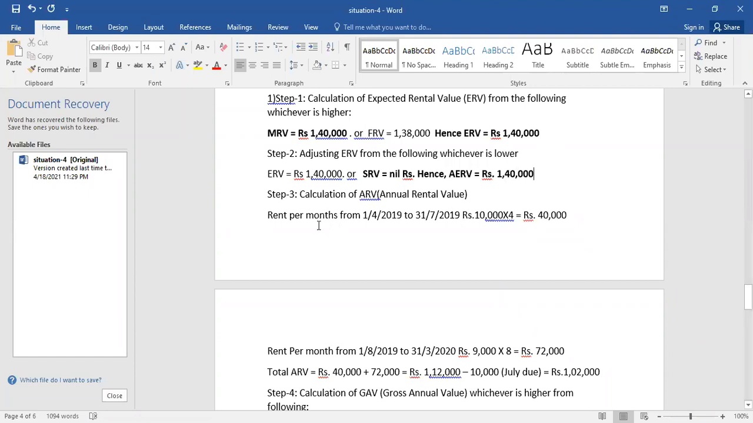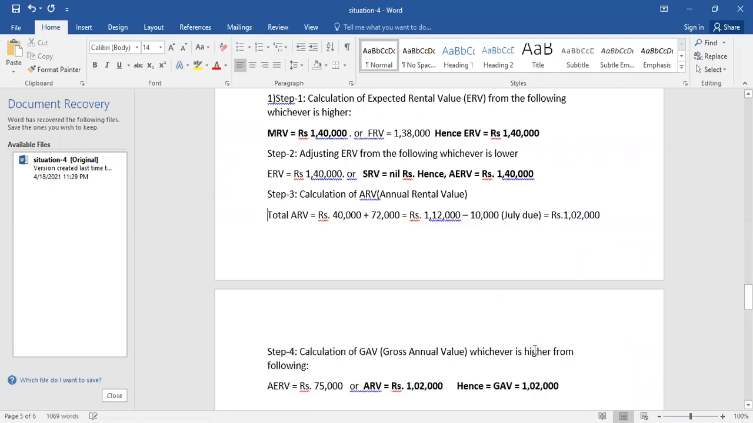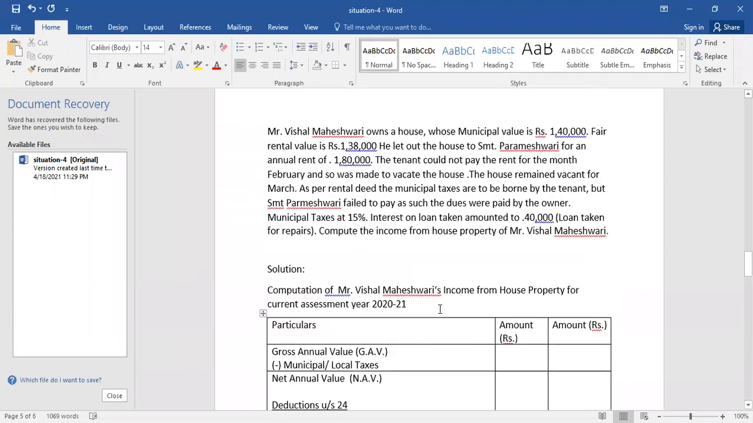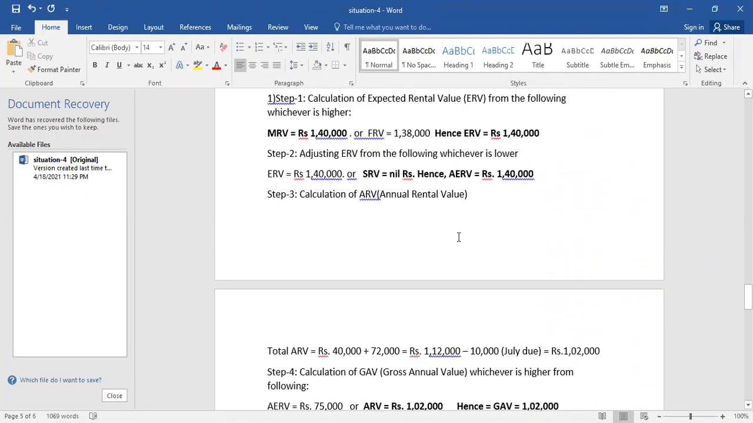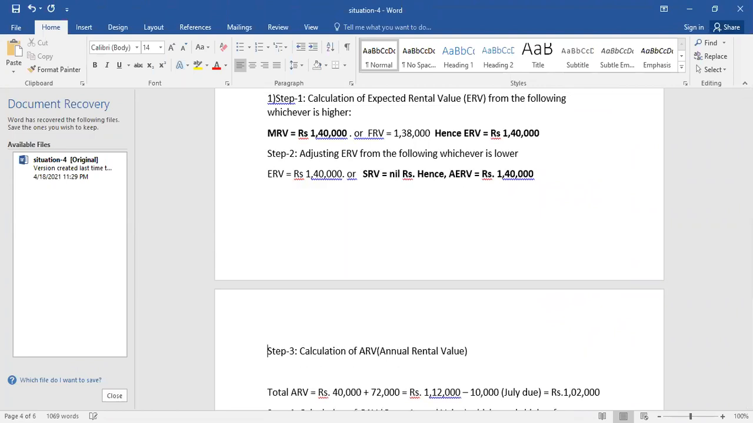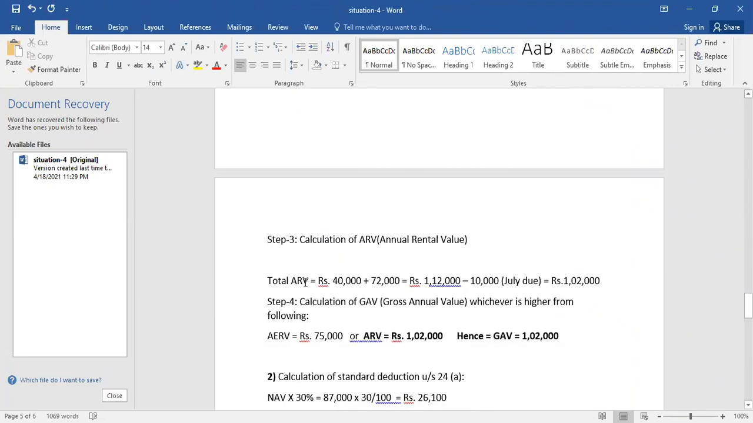Now, third step, you should calculate ARV. Okay, so that is ARV. Is there anything to calculate, or did he give the sum directly? How much did he give the ARV, annual rental value? 1,80,000, right? Yes, sir. 1,80,000. So calculation of ARV as per the problem, ARV is equal to rupees